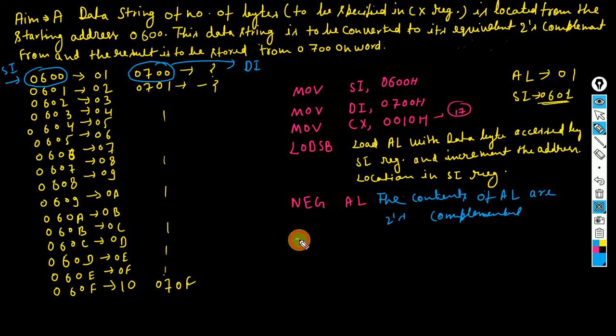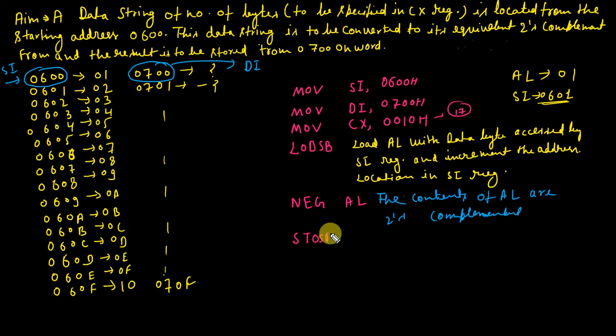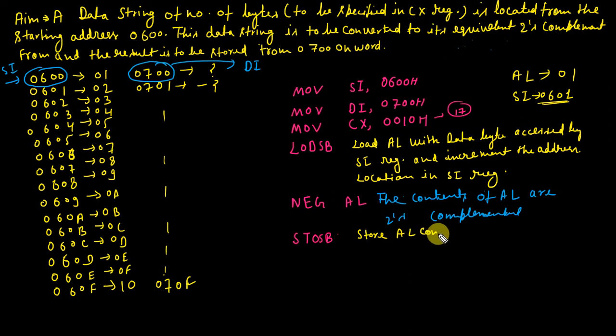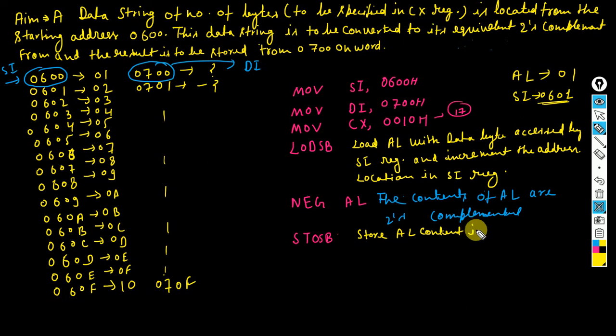Next instruction is STOSB. What is the meaning of this instruction? Store AL content in the location pointed to by DI reference